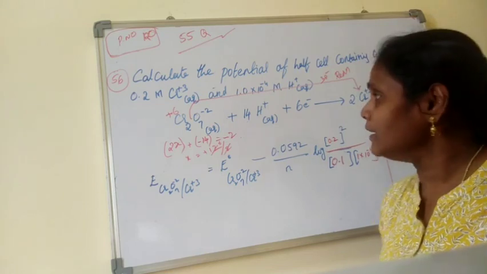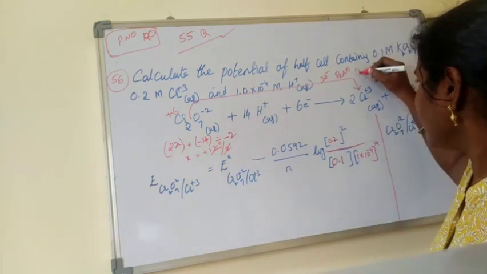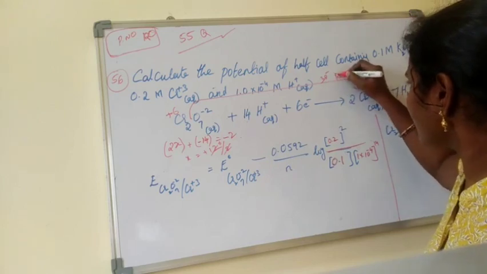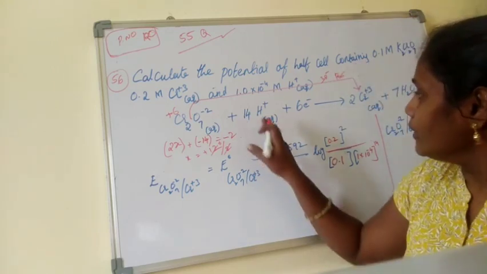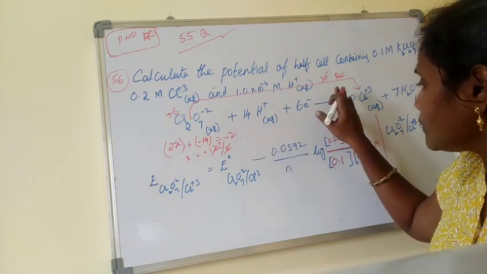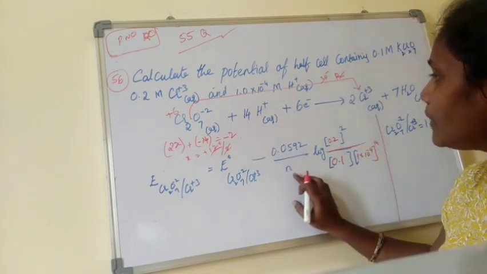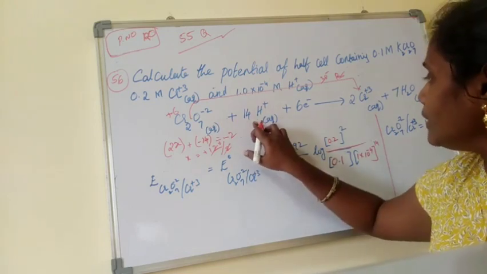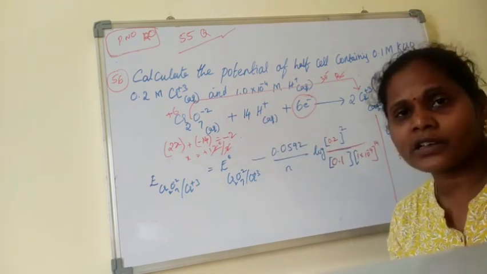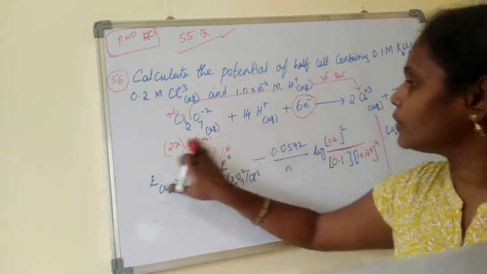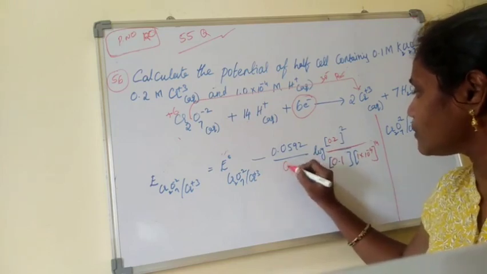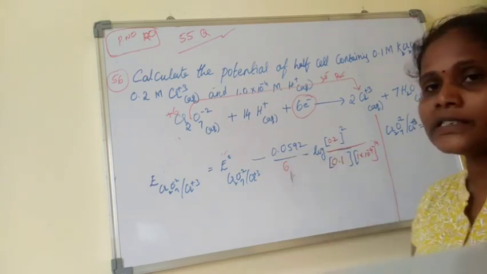Therefore it acts as a cathode. Oh no, it is a half cell, so no problem. So 3 electrons for each chromium, and the number of electrons will be 6. 6 electrons are involved. No need to calculate all this; I can directly write 6 electrons. So n is 6.